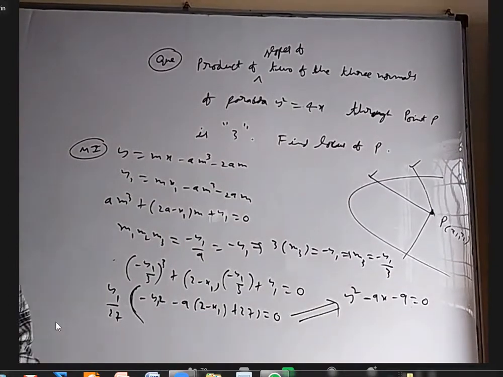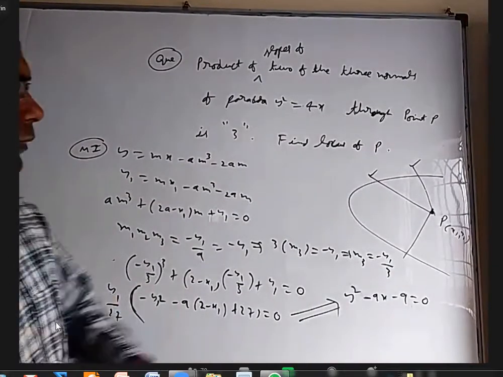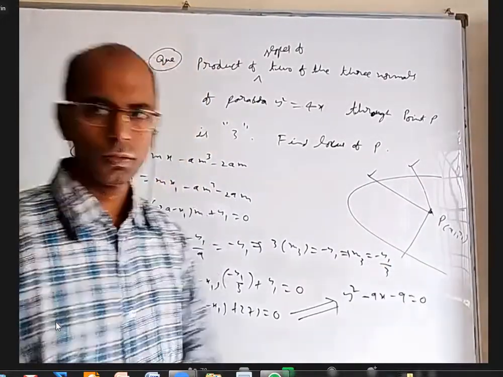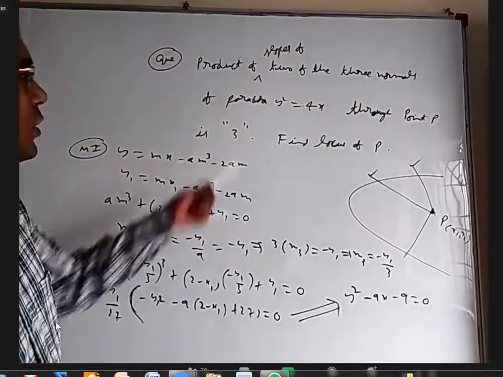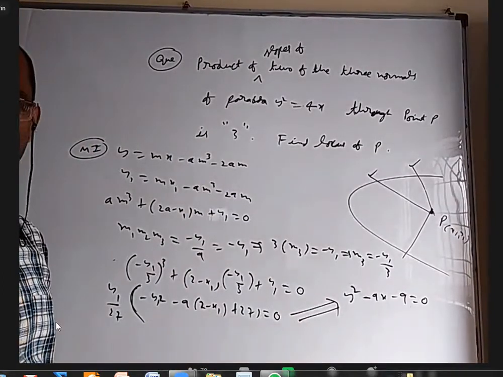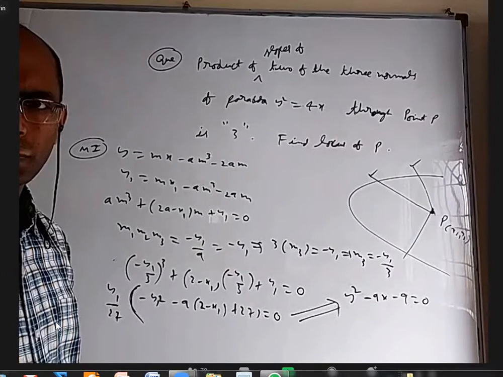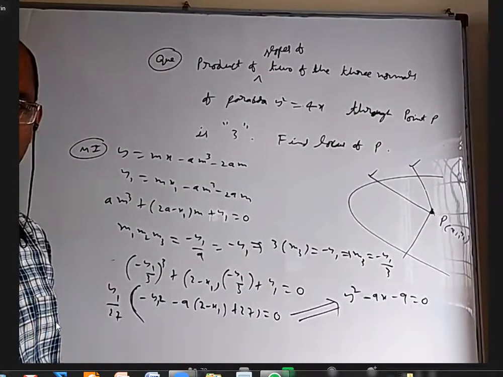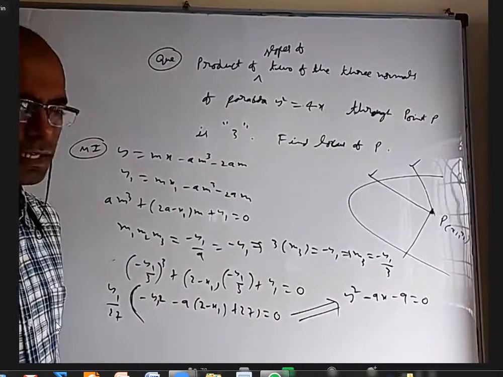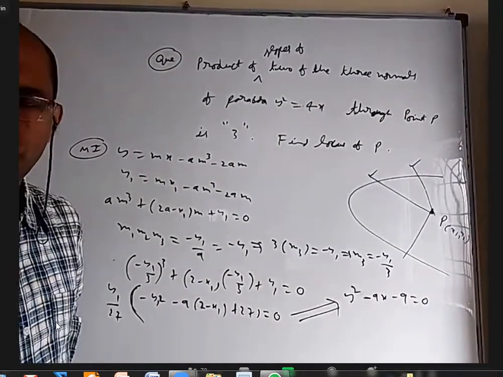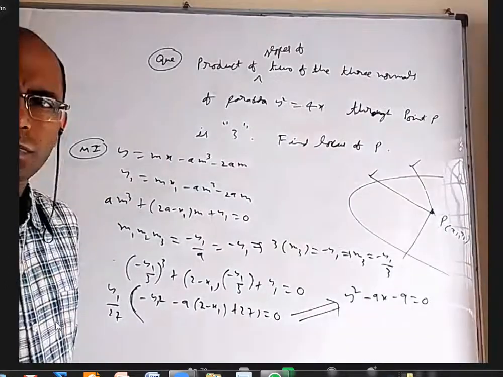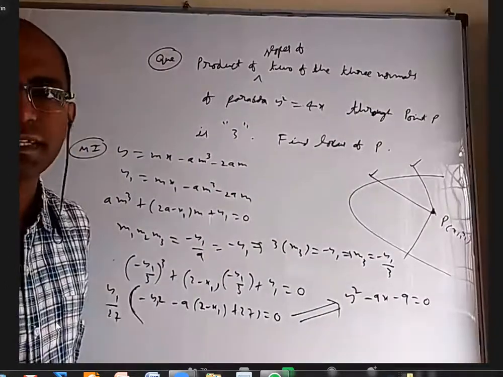Okay, method 2 I'm going to write is very simple. I'll take this as t1 and this as t2. I need not even worry about this. And t1 t2 is 3. Because what is the slope of the normal at (at², 2at)? At the general point (at², 2at), what is the slope of tangent? What is the slope of normal? 2a by y1 and minus y1 by 2a. That is in terms of x1, y1; now in terms of t.